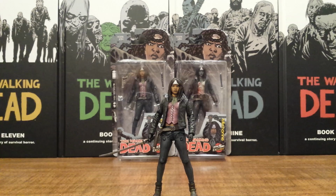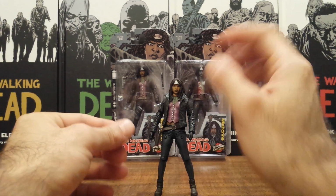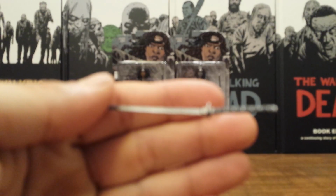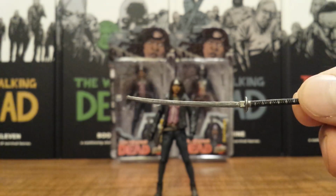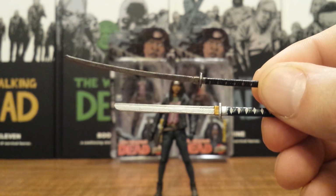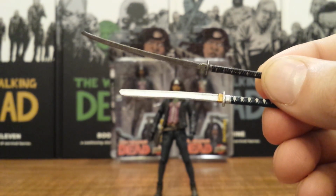I'll move this Michonne out of the way for a minute, and we'll start off with her main weapon of choice, her katana. And I'll pull it up here. And you tell me where this katana is from. I know, but I'll let you try to guess right now. It is not from her comic book series counterpart, her first outing. This is the original comic series Michonne katana, and you can tell that this new one is way different,